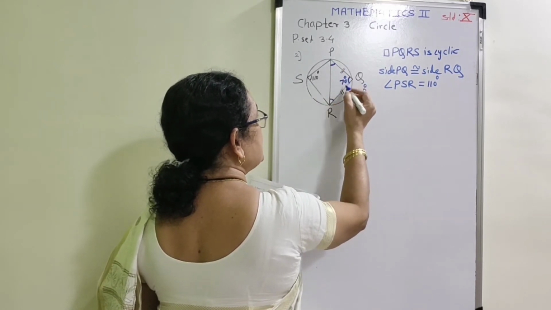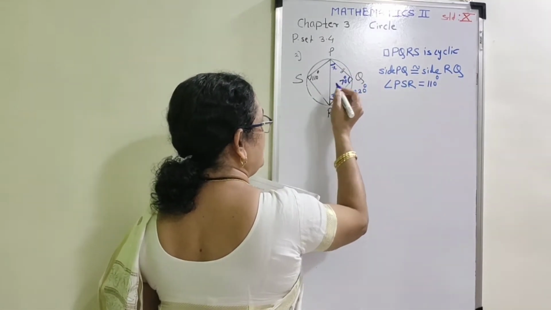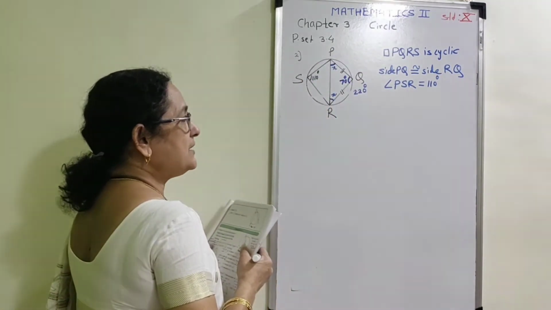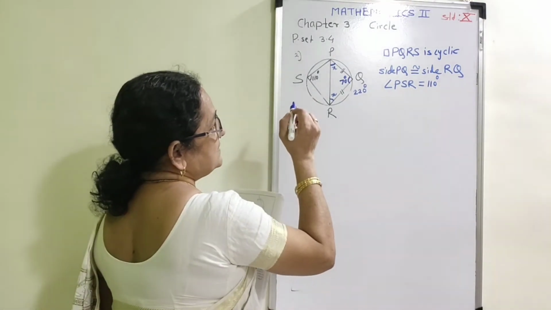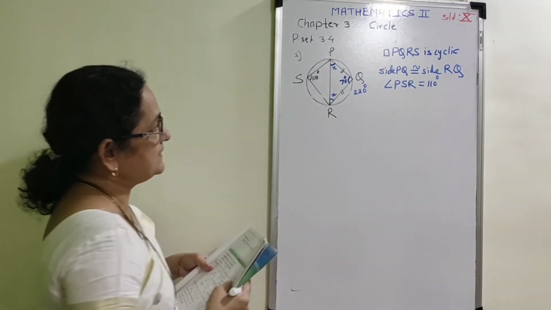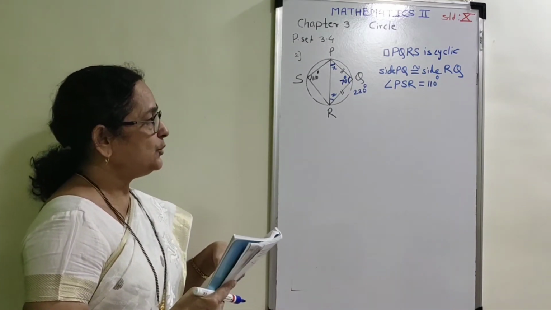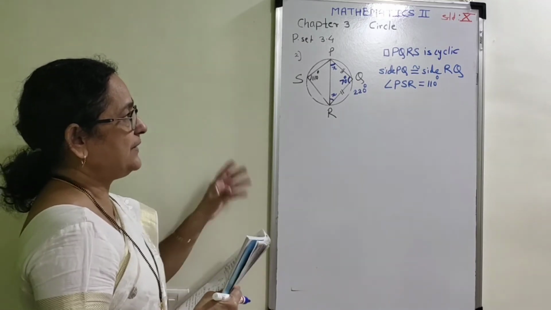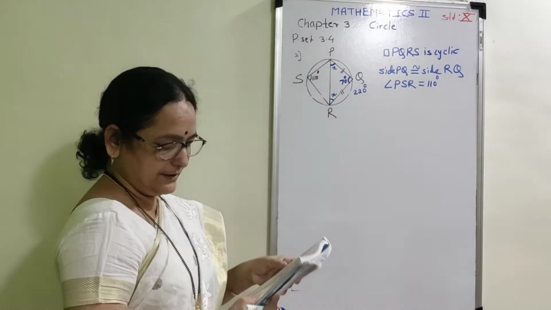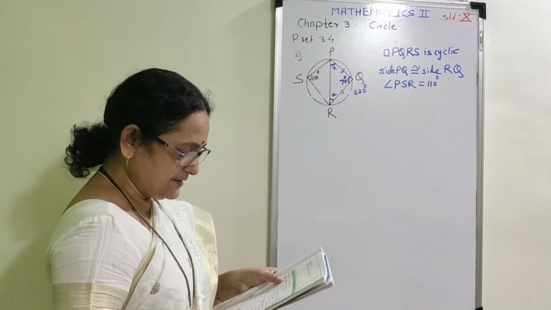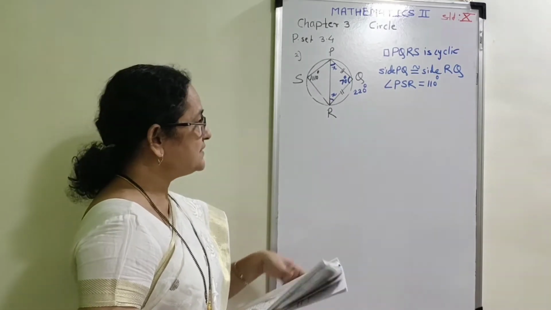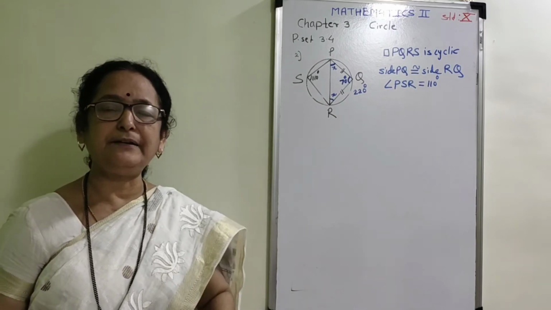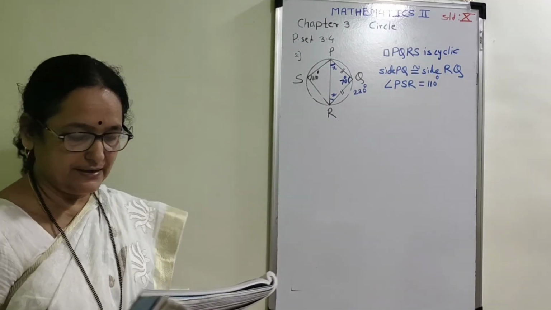Since this is an isosceles triangle, these two angles are congruent to each other, and by angle addition property the sum is 180. x plus x plus 70 is 180, 2x plus 70 is 180, therefore 2x is equal to 180 minus 70, that is x is equal to 55 degree. If x is 55, arc QR is equal to 110 degree. And the last one is measure of angle PRQ. Just now we have found that that angle is equal to 55 degree. Here we have discussed the entire example orally. Now we are going to write one by one.